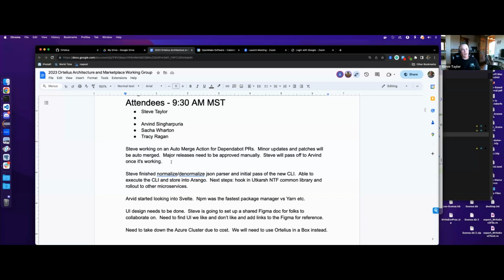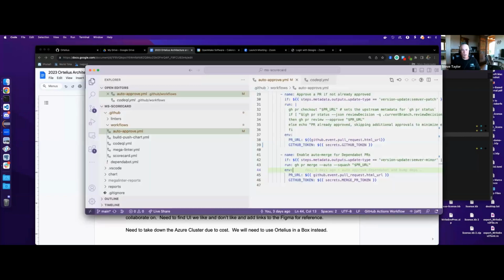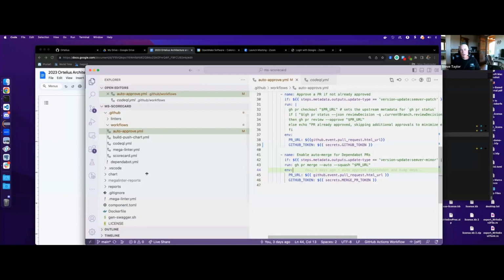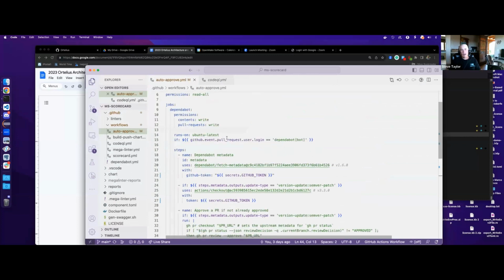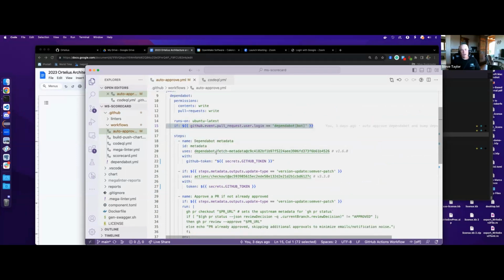So what happens is basically, let me see if I have one up. Here's one. On a pull request, it checks to see if Dependabot is the one creating the pull request. And if it is, there's a way to grab a bunch of data from Dependabot, including whether it was a patch, a minor release, or a major release.